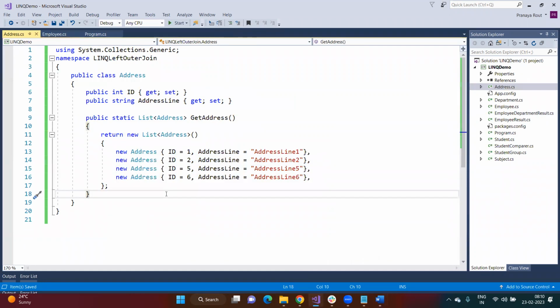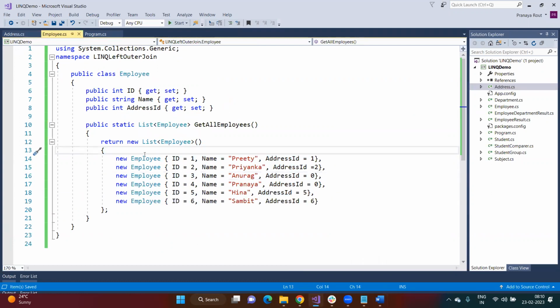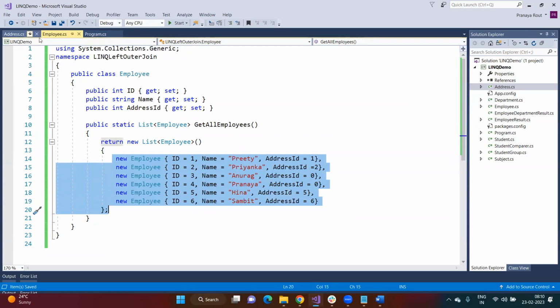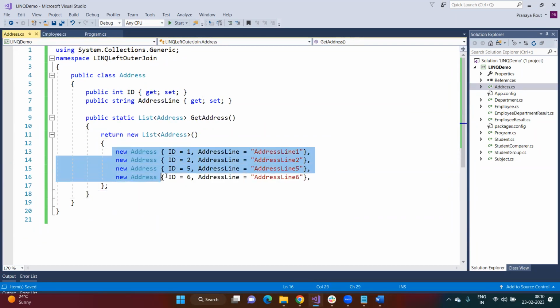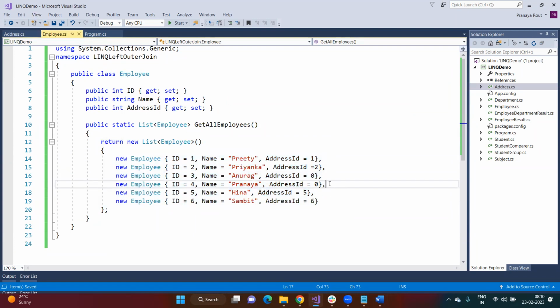If you look at these two tables, this is the employee table, and in the employee table I have 6 employees, and in the address table I have 4 addresses. That means 2 employees do not have any address. And what are those employees? 3 and 4. In my example, I want to make this employee class